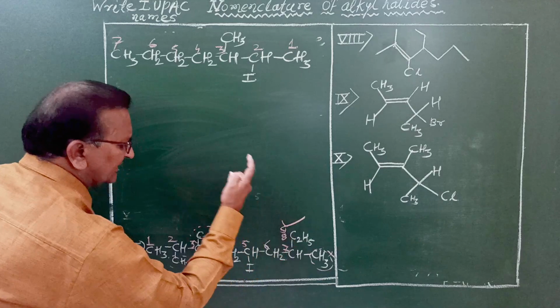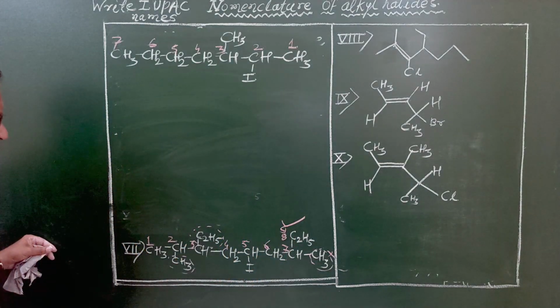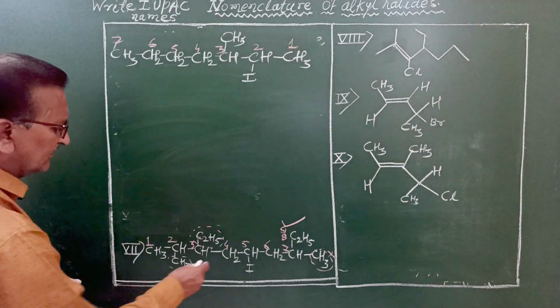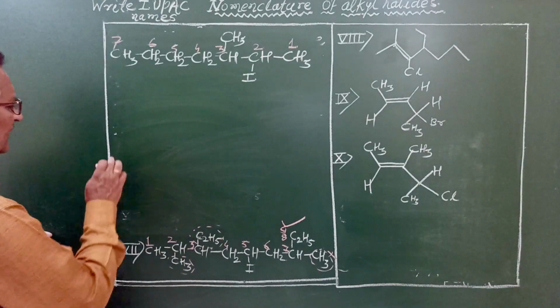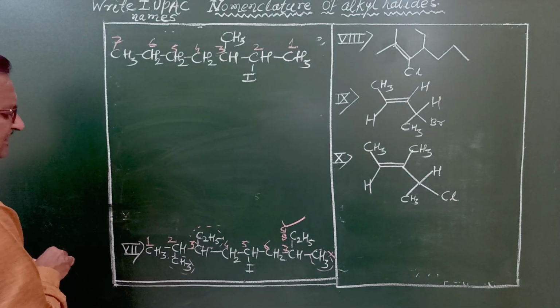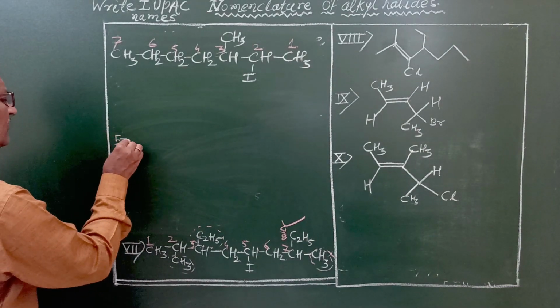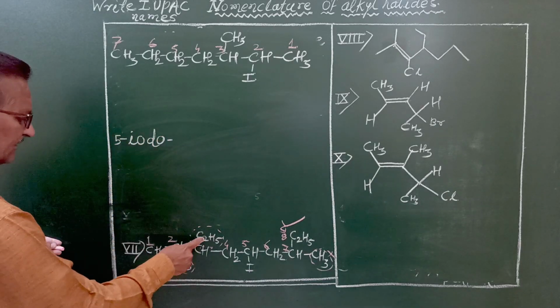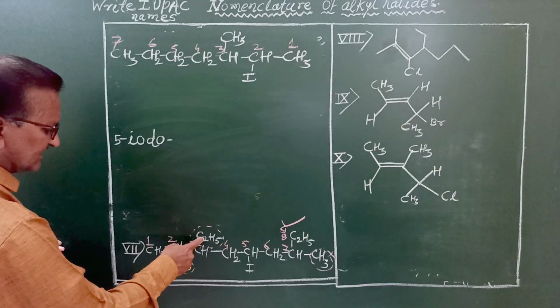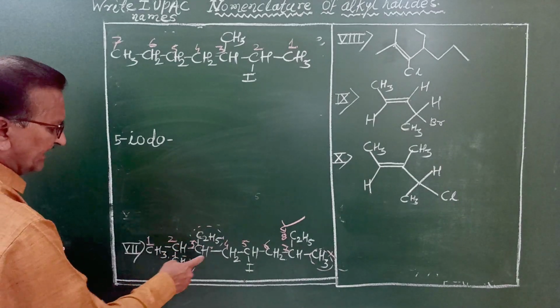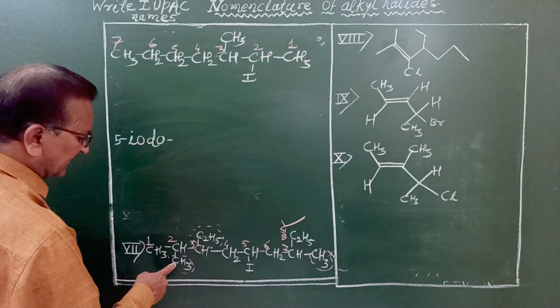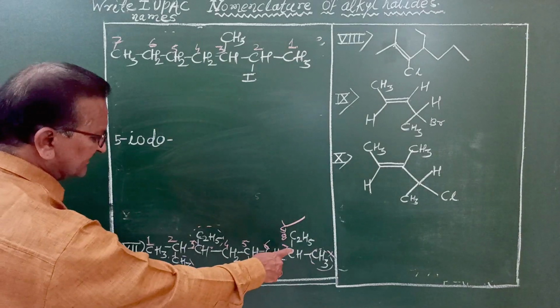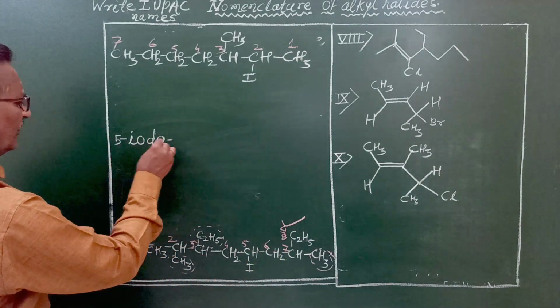So we know that this C2H5 can be expanded as CH2CH3. Then what is the complete name of this compound? First we have to write the name of the halogen atom. The position of the halogen atom is at carbon number 5. Therefore 5-iodo. Then the branches are different. One of the branches is ethyl at carbon number 3. Two branches are methyl. One is at carbon number 2 and another one is at carbon number 7. Therefore 5-iodo,